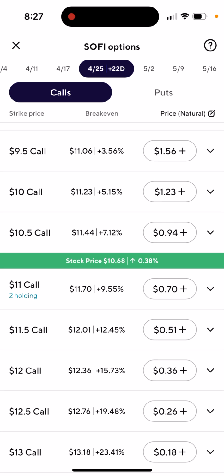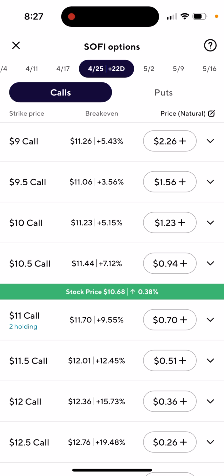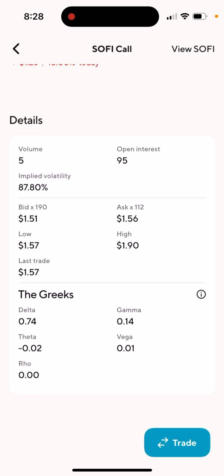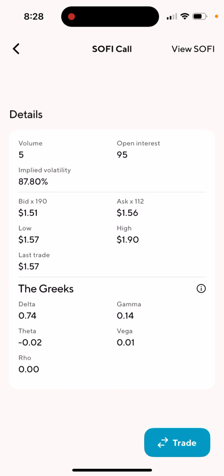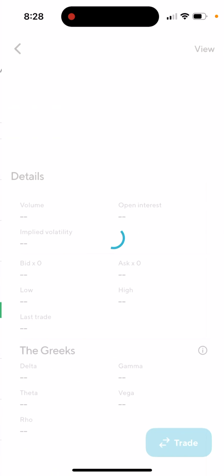So I can make profit if it goes to 10.5, or I could just do an in-the-money call right there, 11.44, or a $10 call. Okay, I see what's going on. Or now, let me see what's this one. That was actually a great one. So okay, everybody was right in my Discord about choosing